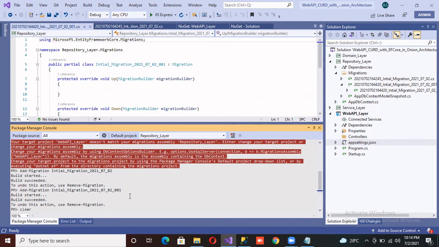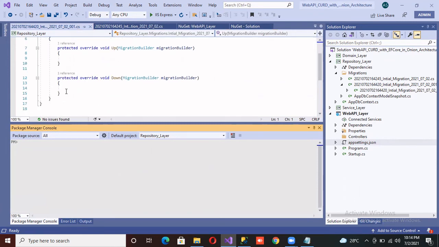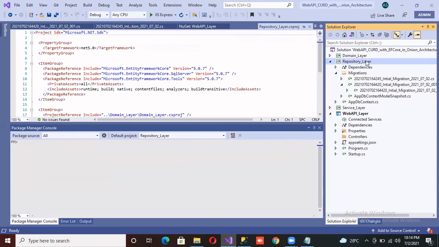Okay, I'm just going to clear everything. Now, how can I update my database? I was thinking that for the connection string we need to run the migration, but there is no need, because this is in the app settings. This is not in the repository layer. Whatever changes in the repository layer or domain layer will be reflected. Otherwise, there are no changes.